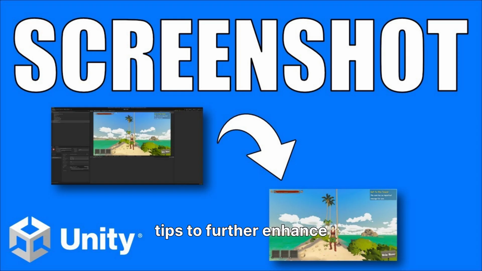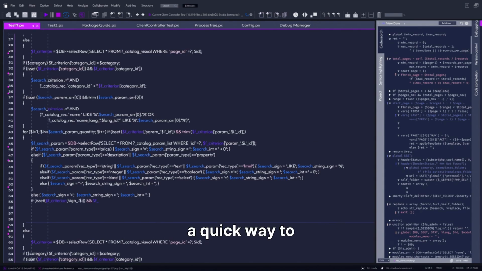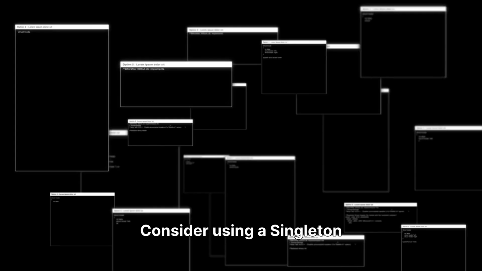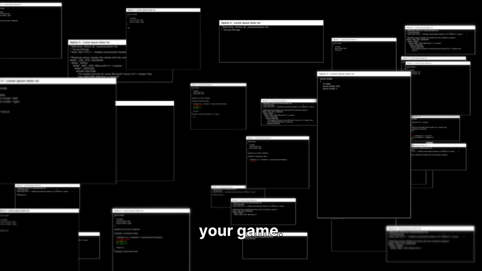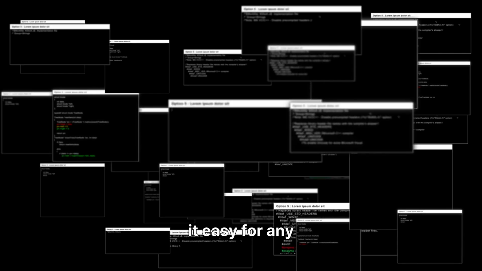Here are some helpful tips to further enhance your command-based input system. These best practices will help you optimize performance, improve maintainability, and create a more polished user experience. Use Unity events for simple actions that don't require complex logic, providing a quick way to trigger functions. For example, a button press in a menu could directly trigger a load scene function without needing a full command object. Consider using a singleton pattern for your input manager to provide global access to input handling throughout your game. This ensures that there's only one instance of your input manager, making it easy for any part of your game